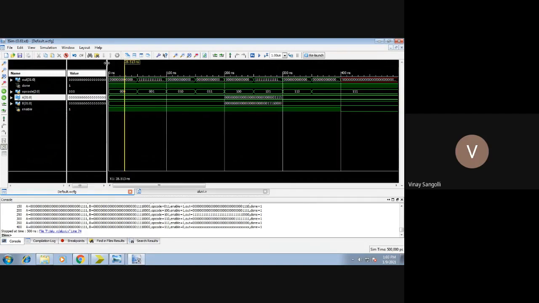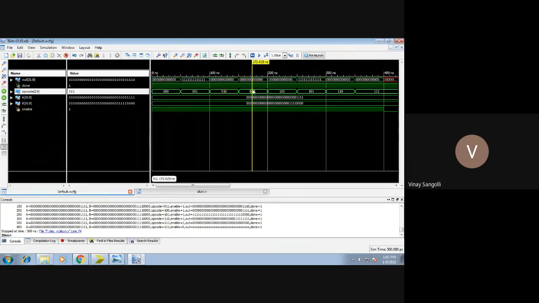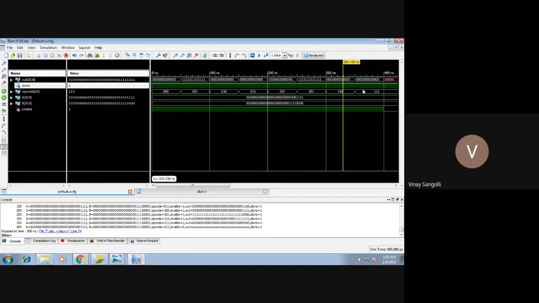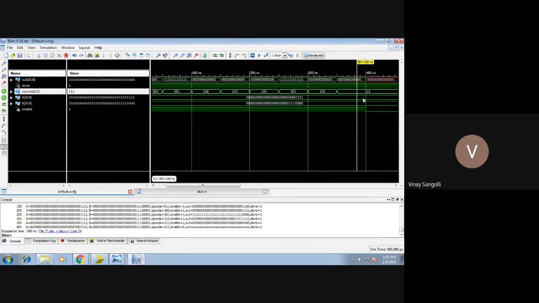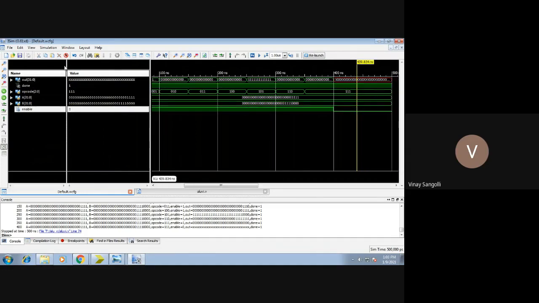Next, you have this corresponding output. In this fashion, for all your various inputs, you will see the outputs based on the select line, which is your opcode. You can also see done, which tells us that your output is working. Finally, when your enable goes low, we have also shown that condition. If the enable is low, you can see all the outputs as high impedance. Here you can observe the output, that is, all 33 bits. Sorry, high impedance, which is unknown.